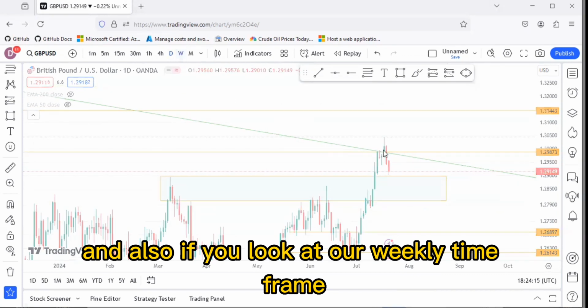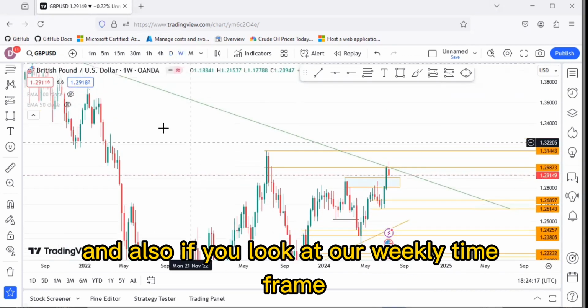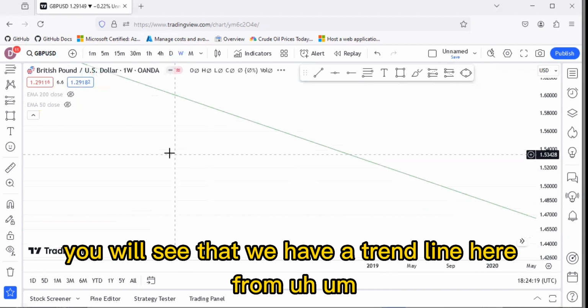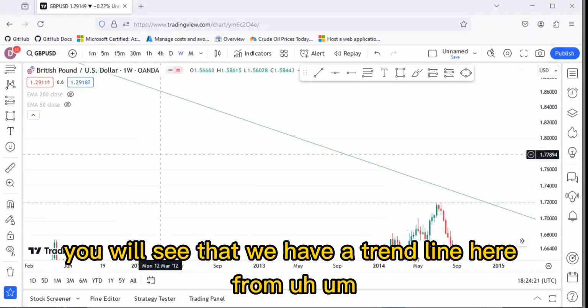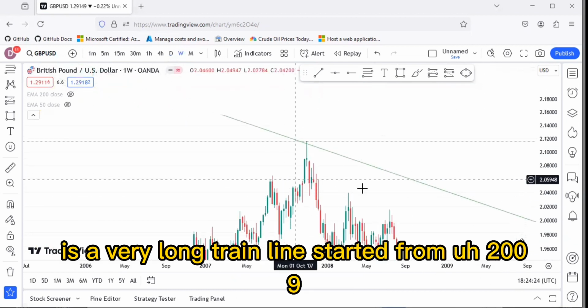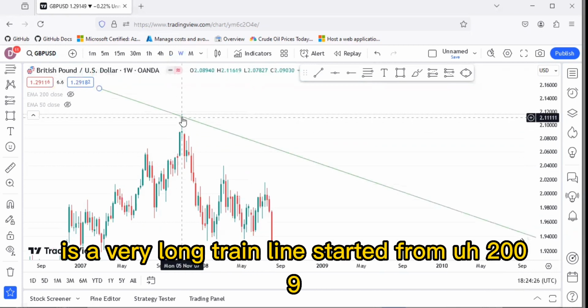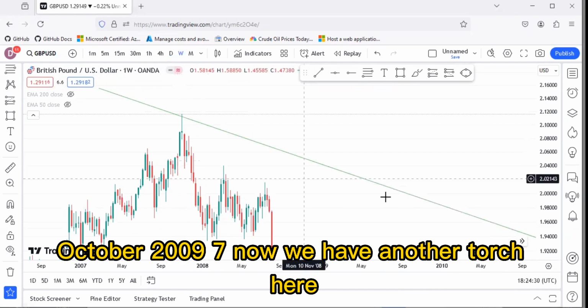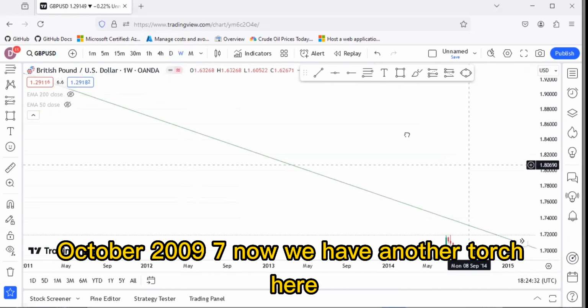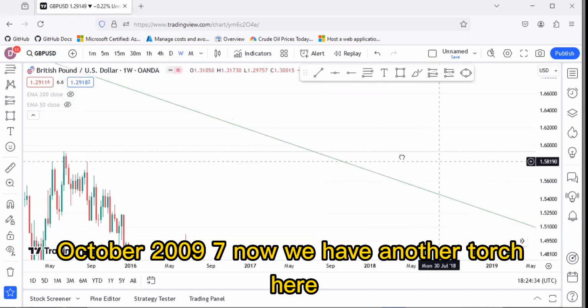Also, on our weekly time frame, we have a very long trend line that started from October 2007, and we have another touch here